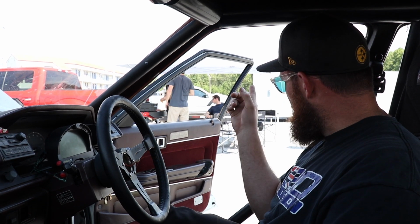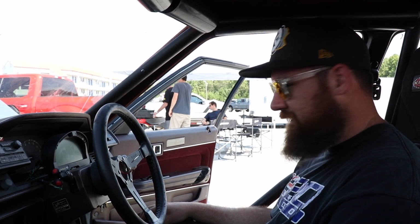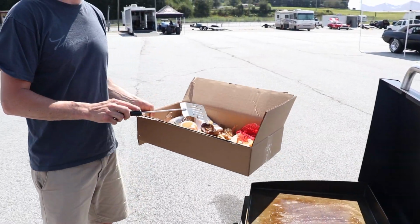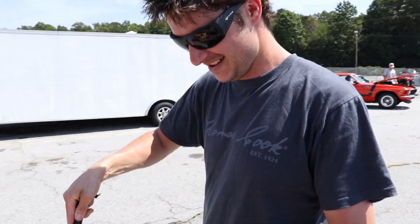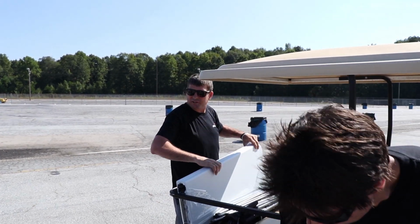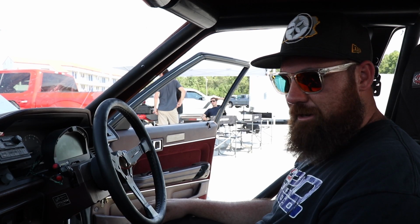In the background you'll probably notice the Aussies just kicking it back, and they've got a barbie going now, so it looks like our catering's sorted for the week. Unfortunately, these fellas are out of the race. Their car's still locked in a container on the dock, so they've just decided to make it a boys road trip by the looks of it